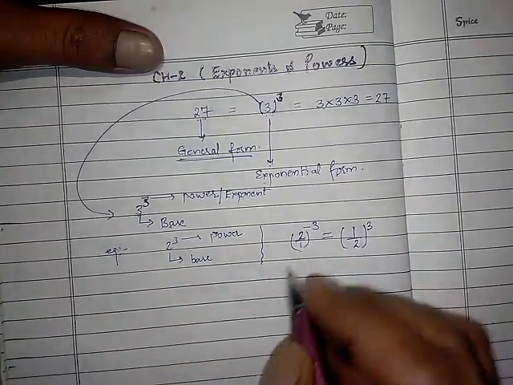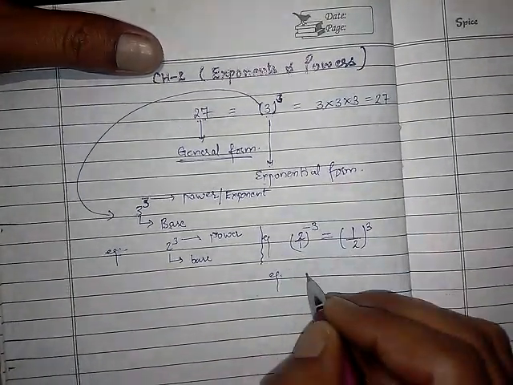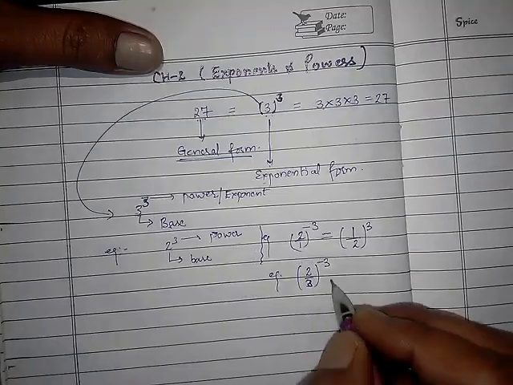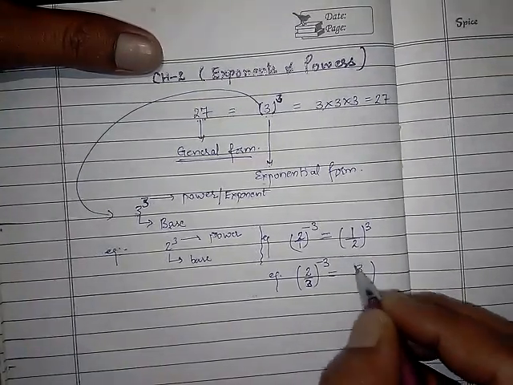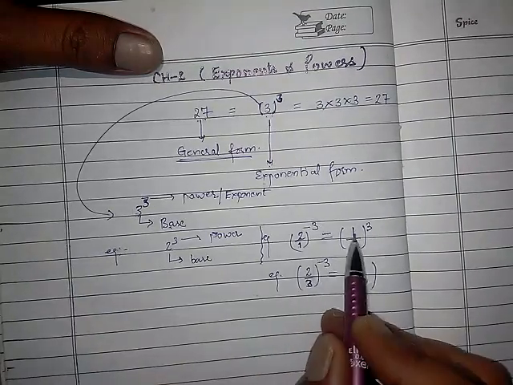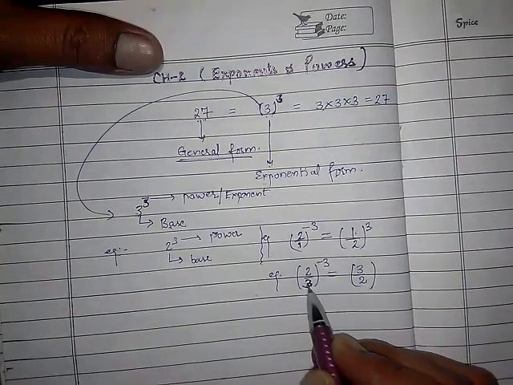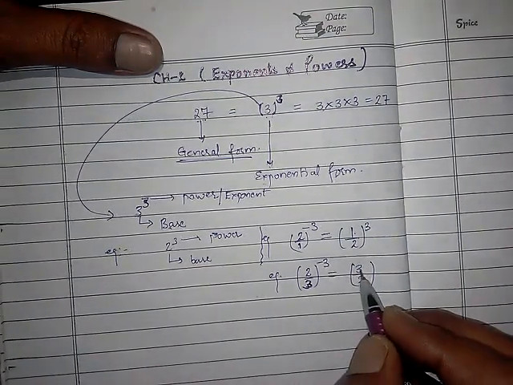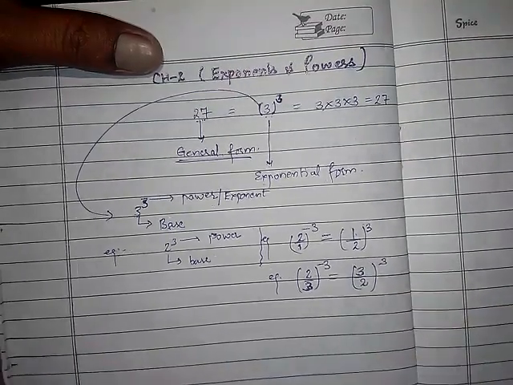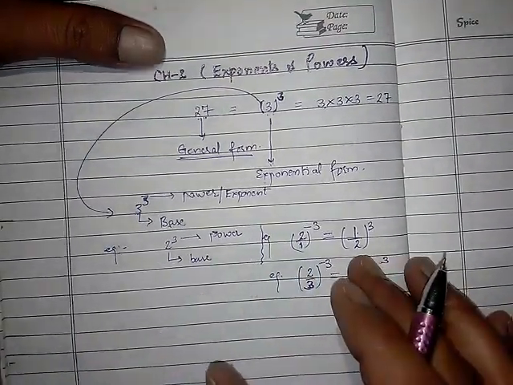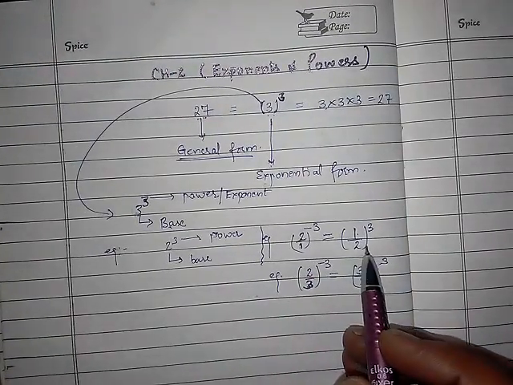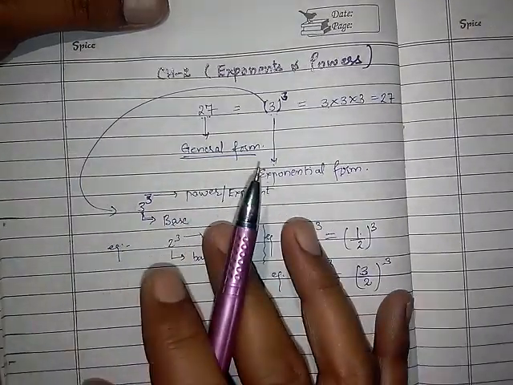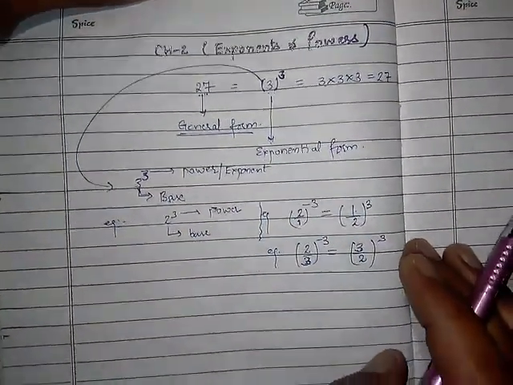Clear? With the same, we can take one more example. Sometimes you have 2 upon 3 whole raised to the power minus 3. How can you write it? I told you, you have to take its reciprocal, right? In the previous case, we took 1 in the numerator. Now 3 is already present there, so you will take 3 in the numerator when you take the reciprocal. So it will be inverted, 3 upon 2 whole raised to the power 3, right? So this is all about how you can make negative powers positive, and you come to know what the base and the power are. These are the general things you must know about exponents and powers.